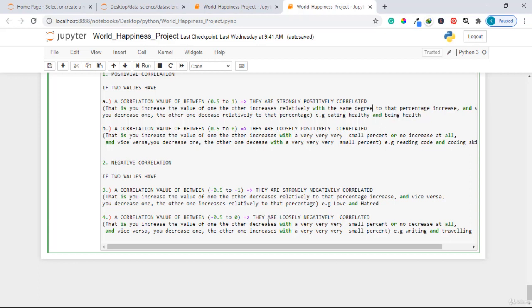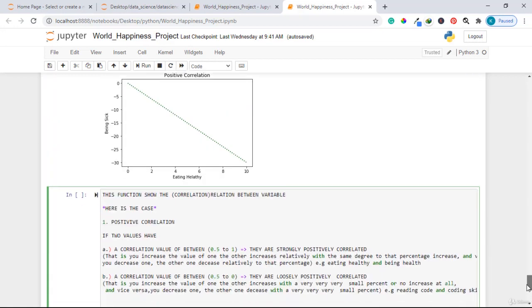So these are negatively correlated variables. And I hope you have understood that we have strongly positively correlated variables which range from the value of 0.5 to 1, and loosely positively correlated variables which range from the value of 0 to 0.5. And then we have strongly negatively correlated variables which range from negative 0.5 to negative 1, and then we have loosely negatively correlated variables which range from 0 to negative 0.5. If you have understood that, then it will be good for us to continue and see how we can apply it